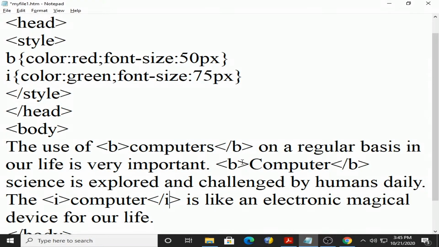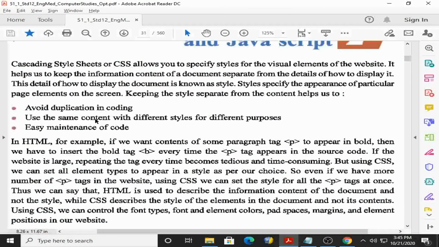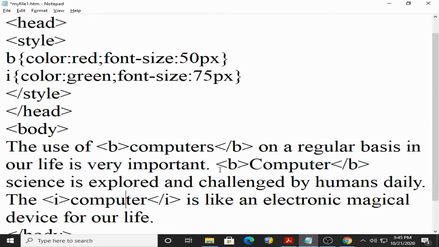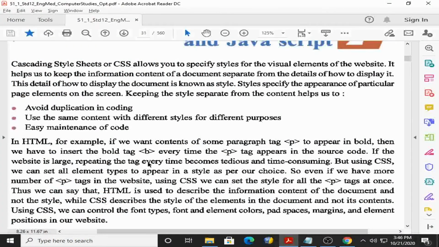Same content, computer will come with a different effect. This word computer, which is mentioned between B and slash B, comes with red color and font size 50 pixel, and this word computer will come with green color and 75 pixel font size. So the point is use the same content, computer, with different style. Here bold, color red and 50, here italic, green and 75, with different style for different purposes.